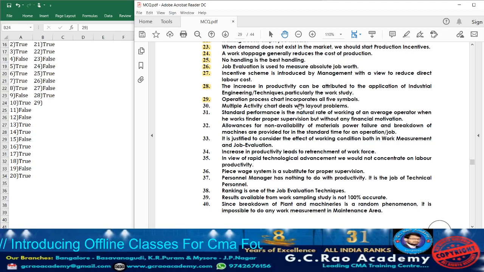Usually in the operation process chart, for process, one symbol like a rectangle they use, and for inventory or warehouse, a triangle shape they use. Whenever there is a delay, another symbol they use. For taking a decision, a diamond shape they use, and for material flow or movement, an arrow mark they use. So in total, how many symbols do they use in the operation process chart? They are going to utilize